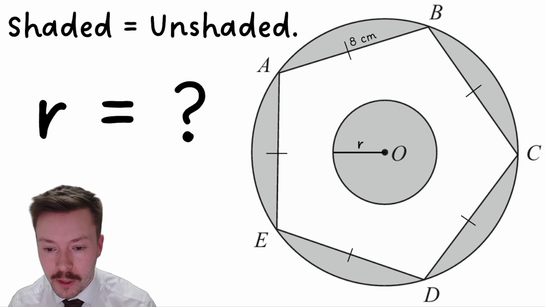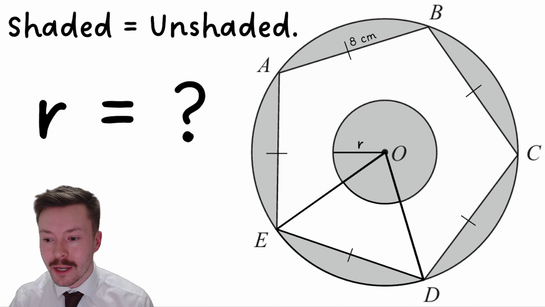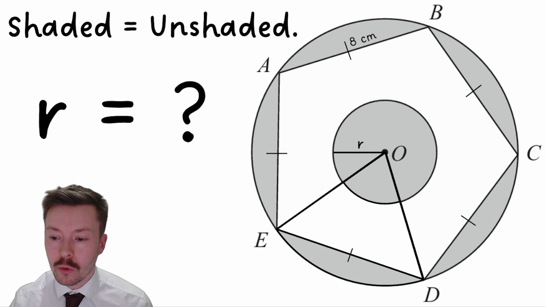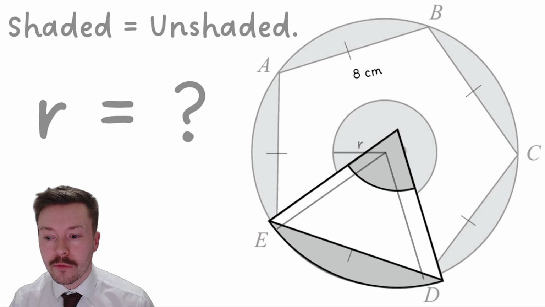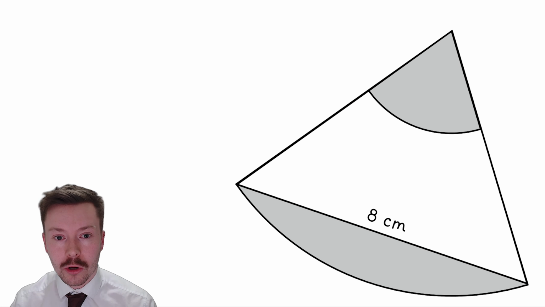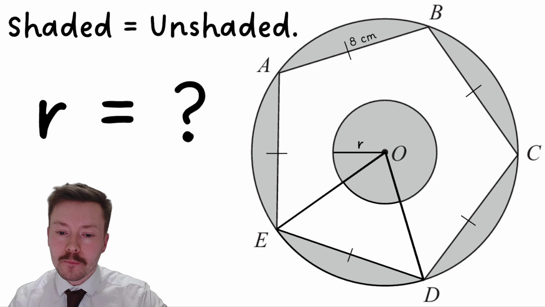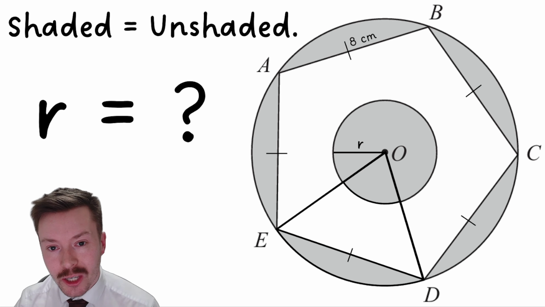Okay. Right, so the first thing that I wanted to do is put these radii on. Now they're not going to have a length of r because that's the smaller circle, but these are the radii of the larger circle. Now from there, we are going to have a look at just this sector. Now what I've done here is I've split the problem up into 5 different sectors, okay, because in your pentagon we can make 5 sectors, so we're just going to consider one of them,